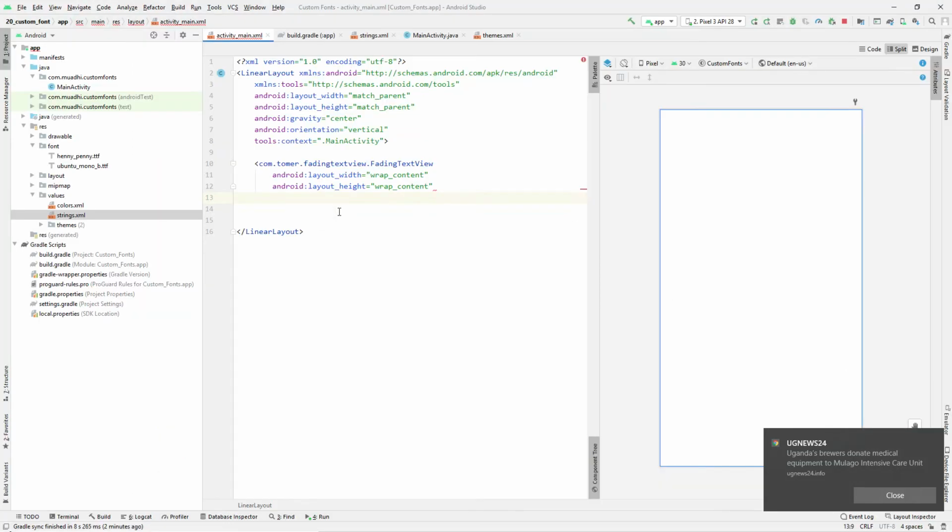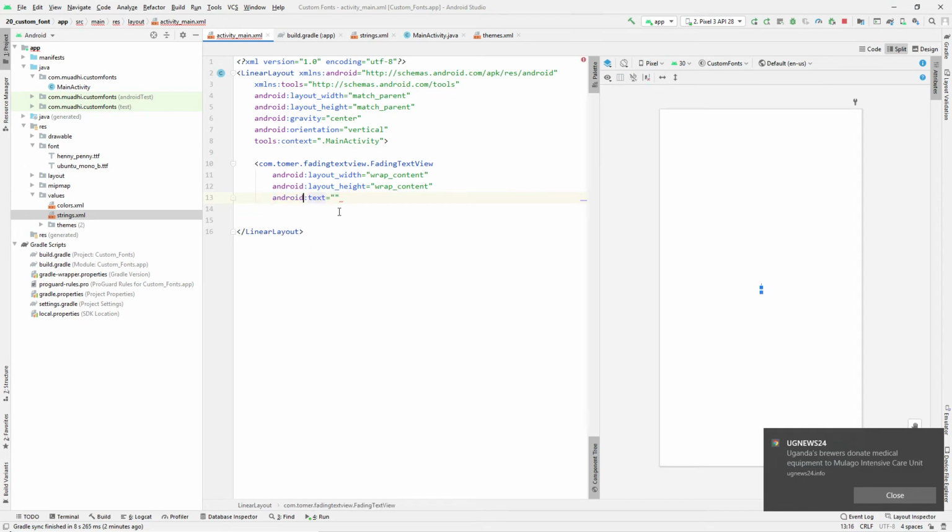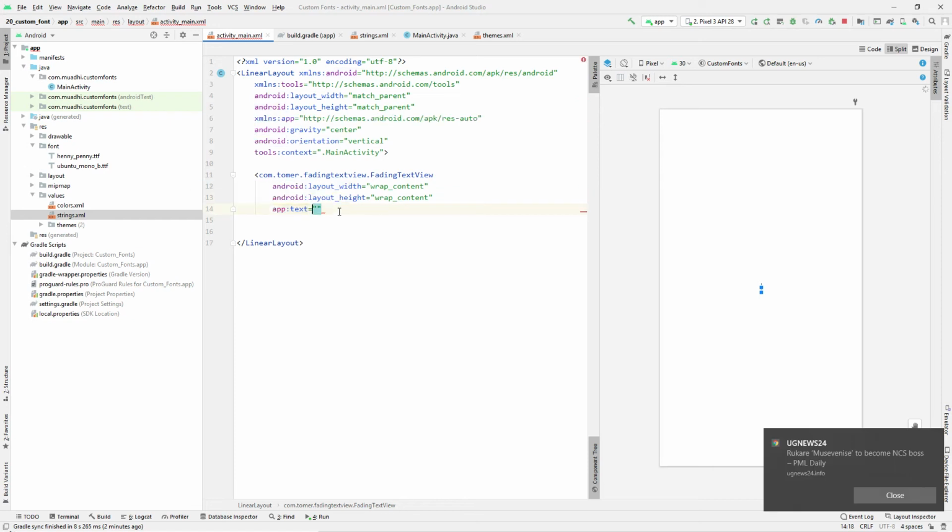So it will be app text. Okay, not Android text, but app text. So this app text is the one that will do what? That will get the array or the data that we want this fading view to implement. So I'll put that